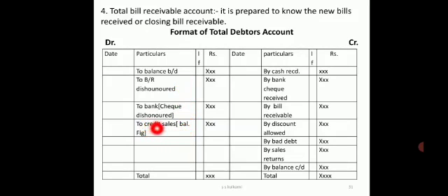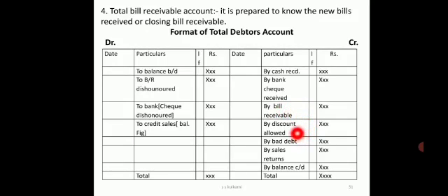Next, you have the credit sales. Now the credit sales is the amount of sales, that is, it can be the total sales minus the cash sales. The difference can be taken as credit sales. On the credit side, I have the total amount of cash received from the debtors during the year. Similarly, if the debtors have given checks, whatever amount of checks received is to be credited by bank. Next, if new bills are received or accepted from the debtors, it will again decrease my debtors.